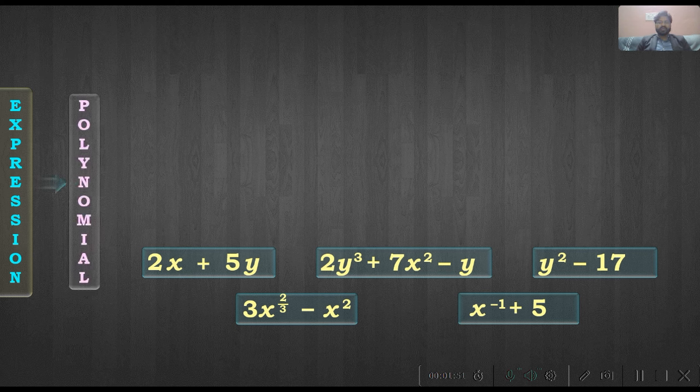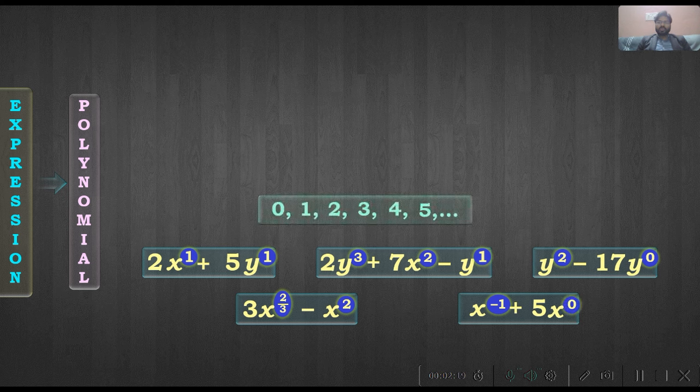So polynomial x to the power 1, y to the power 1, y to the power 3, x to the power 2, y to the power 1, y to the power 2, y to the power 0. Now x to the power 2 by 3, x to the power 2, x to the power minus 1 or x to the power 0. So 0, 1, 2, 3, 4, 5. These are the